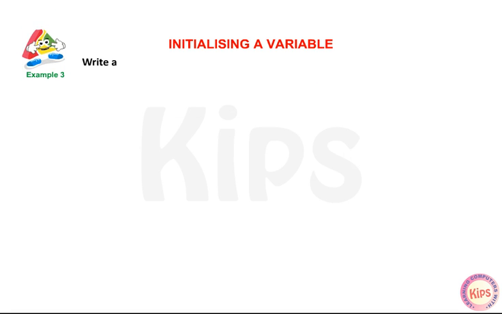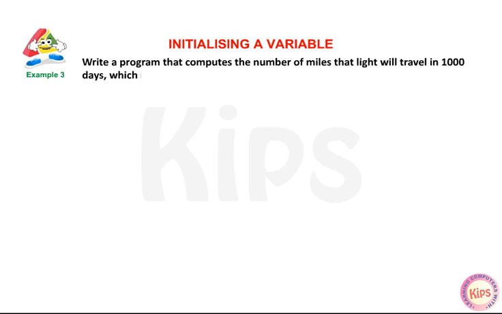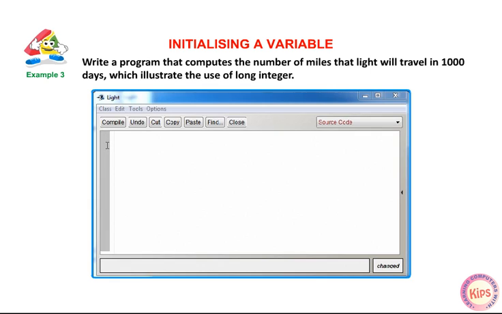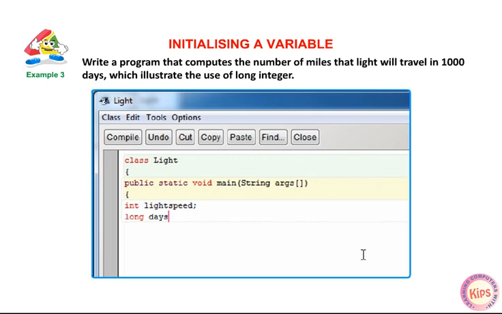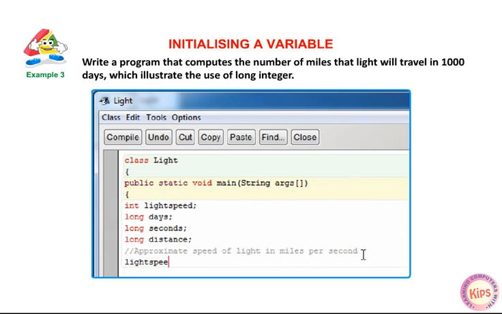Example 3. Write a program that computes the number of miles that light will travel in 1000 days, which illustrates the use of long integer. class Light { public static void main(String args[]) { int lightspeed; long days; long seconds; long distance; // approximate speed of light in miles per second. lightspeed = 186000;